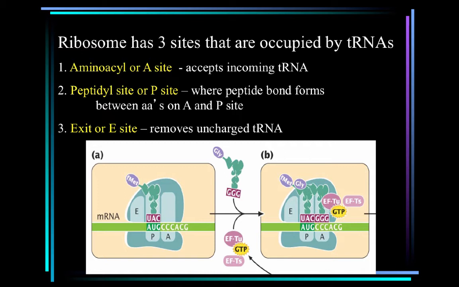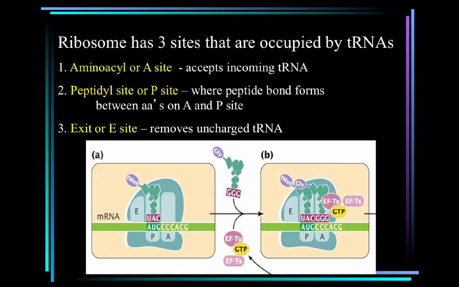The first space is going to be the aminoacyl or A site, and that is going to accept the incoming transfer RNA. So that's going to be on the right side of the ribosome. So it's a little bit different than if we're looking at it from a 5' to 3' region. So that A site is going to sit on the 3' end because the ribosome is moving towards that 3'